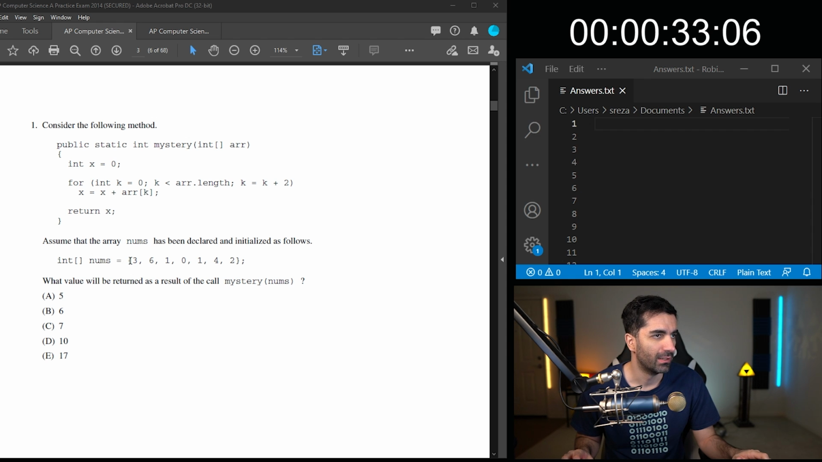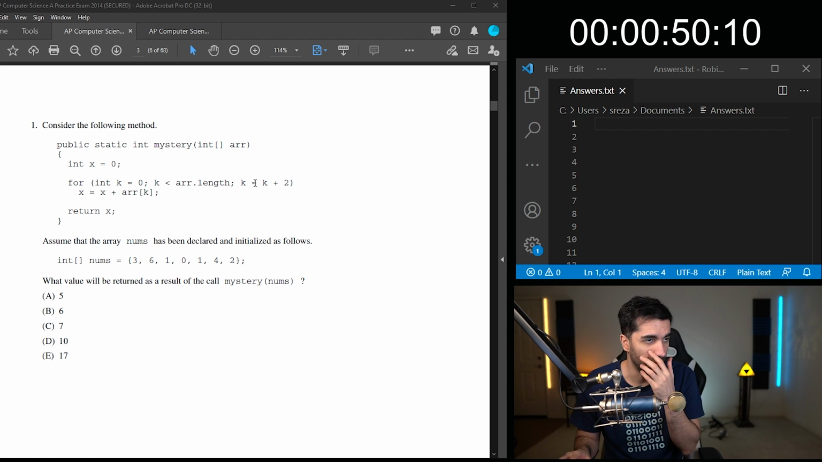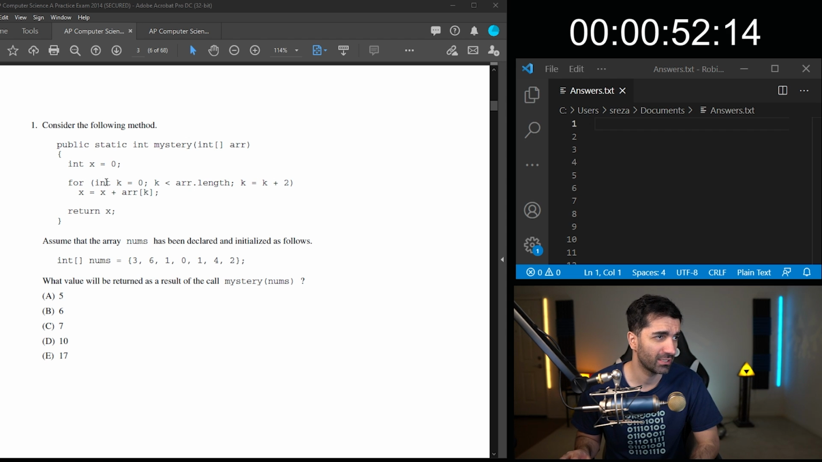So we have this nums, which is 1, 2, 3, 4, 5, 6, 7 elements, and we are looping through, starting with 0, going to array.length, and then we're incrementing by 2 every time. So initially it's gonna be 0, and we're gonna add, no, we're adding array at 0, so it's gonna be 3, and then we're adding 2, so it's gonna be,